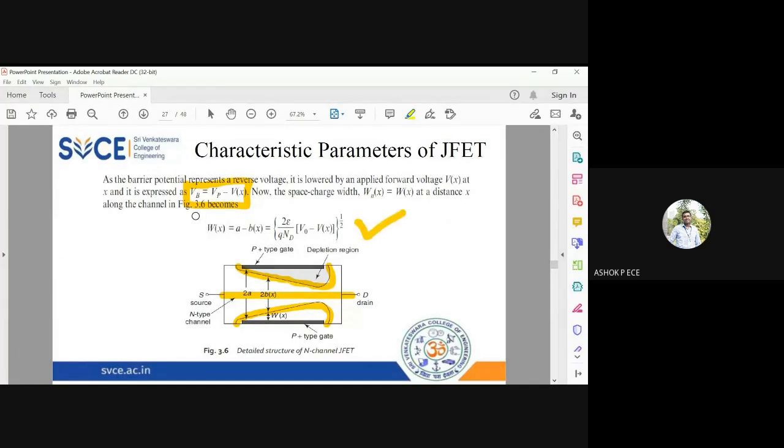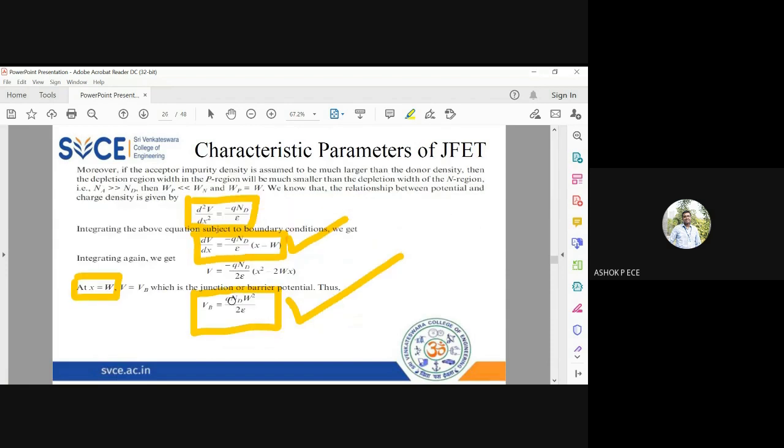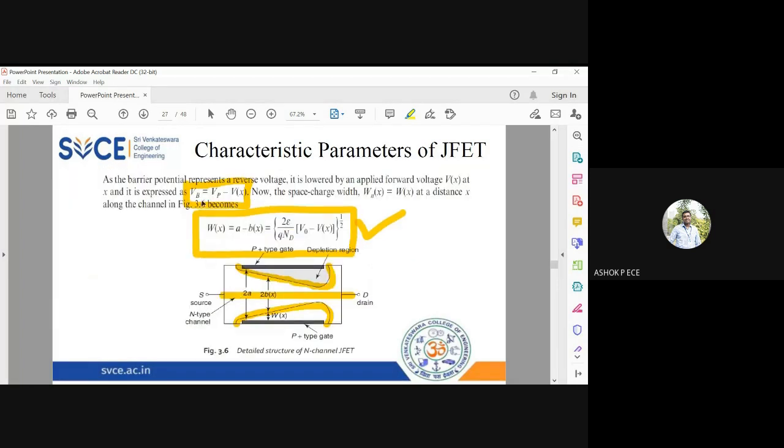In this equation, it comes this way because of the wedge-shaped depletion region formed when you apply both the voltages VGS and VDS. The earlier equation is obtained when you don't apply any voltage, meaning you just leave the JFET as it is. Because of the PN junction inside the JFET, you will have this barrier potential developed, and this barrier potential is not the same everywhere, so we are writing it as Vp minus Vx. Vp is the pinch-off voltage minus V of x.